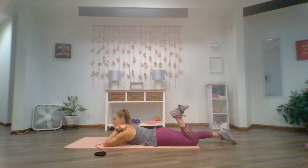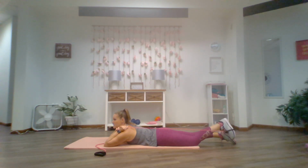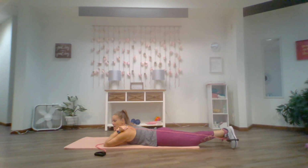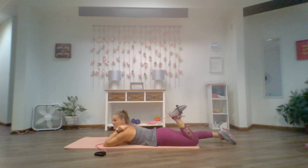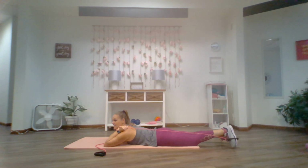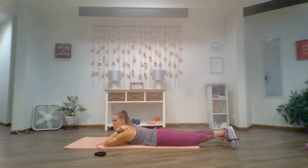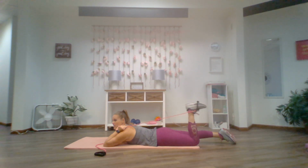Again, belly button to the spine, hip bones to the mat, no space between your hips and the mat. Now I would suggest doing about 12 to 15 on one side before you switch to the other, and then you can work up to 20 to 25 of these on either side. Squeeze your bottom together as you push those hips down. Give me 3 more, 2 more, last one,